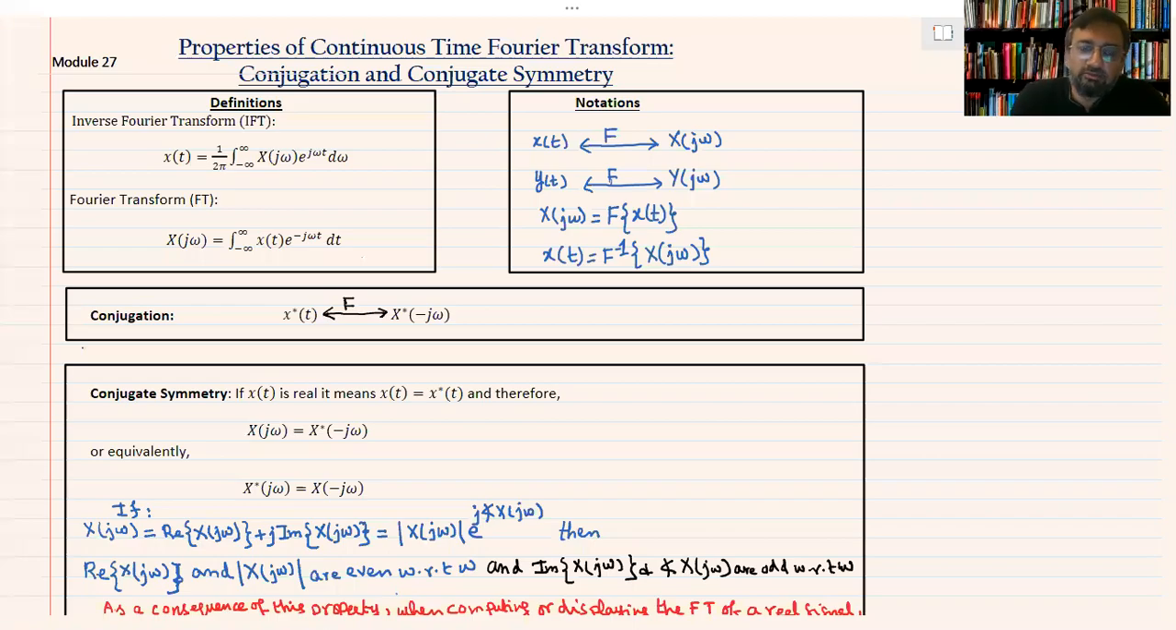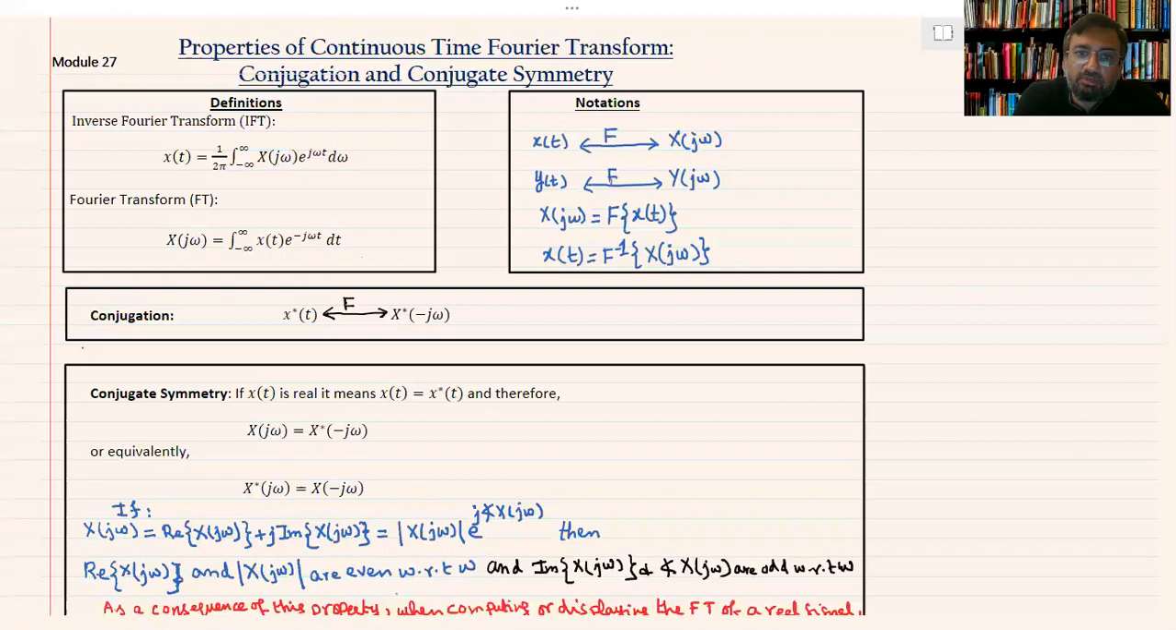In this module, we will discuss the conjugation and conjugate symmetry property of the continuous time Fourier transform. Taking the complex conjugate of x(t) has the effect of complex conjugation and replacing omega with negative omega in the corresponding Fourier transform. This is what we expect because we are already familiar with the properties of continuous time and discrete time Fourier